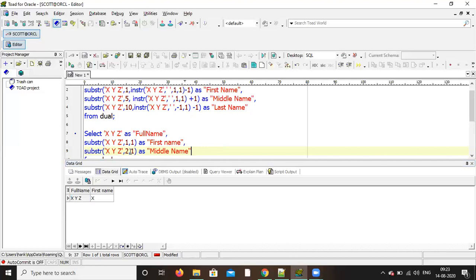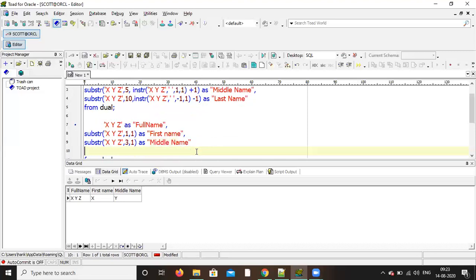Run it. See, 2 means what? Space. Correct. Give comma after middle name.